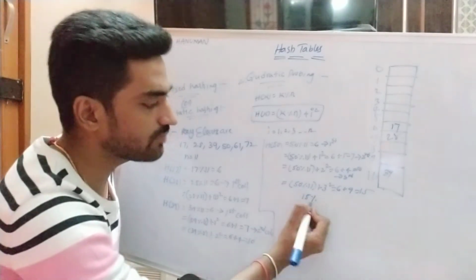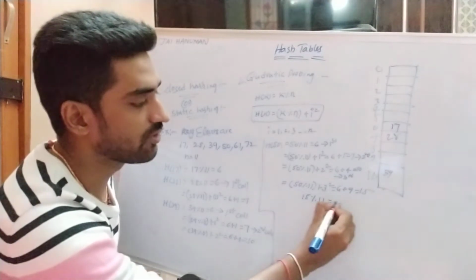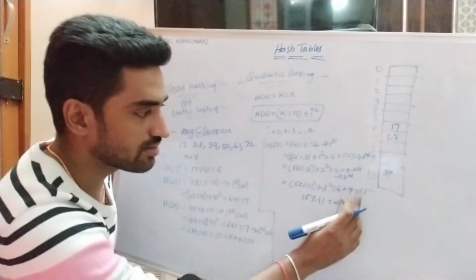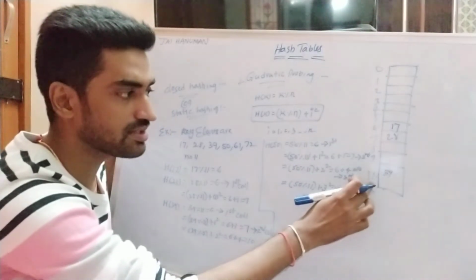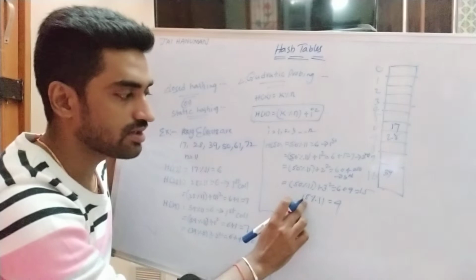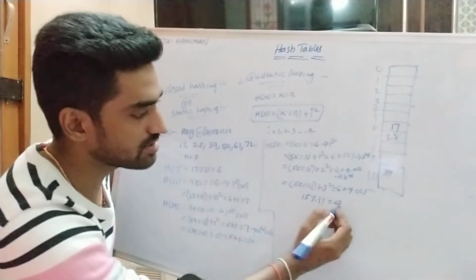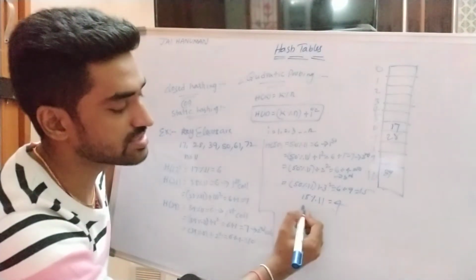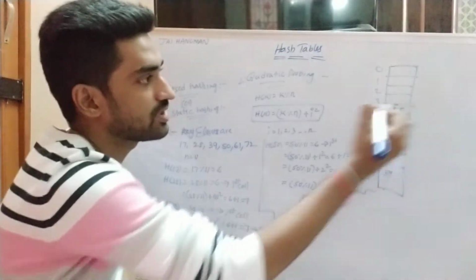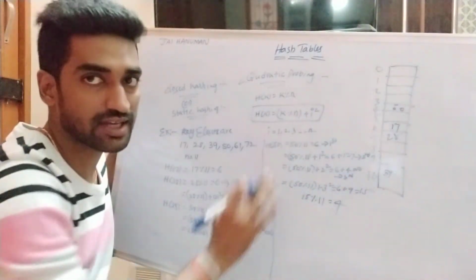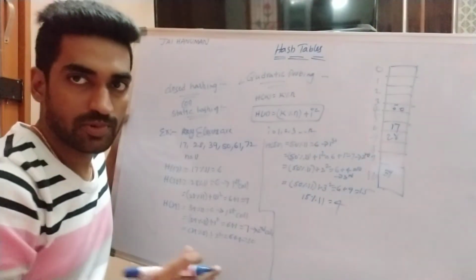So that's why this can be taken as key value. 50 modulo division of, what is the size of the hash table? 11. So here 4. So once the resultant value position is not present in the hash table, that can be taken as key value. Again we are performing modulo division operation with the size of the hash table, right? So 15 modulo 11 is 4. So at 4th position we are inserting the 50th element. So 4th position is vacant position. So that's why we are inserting 50 at position 4, right?